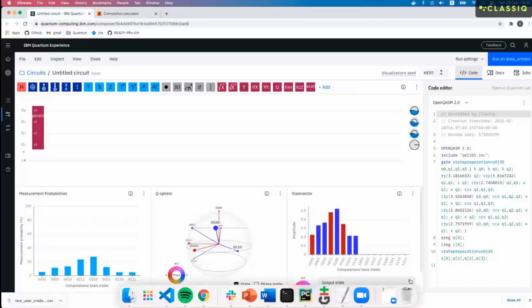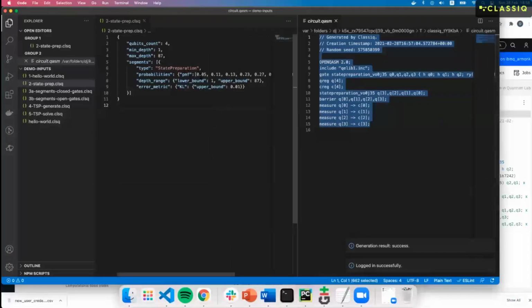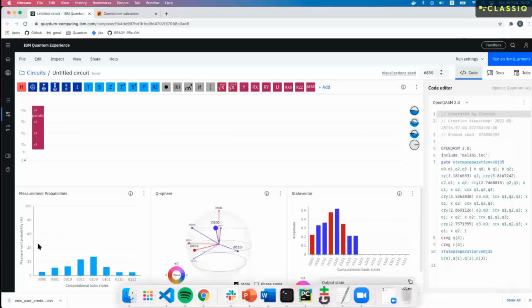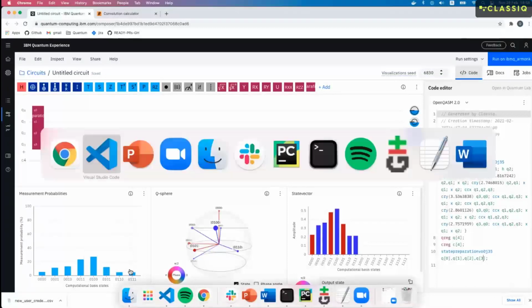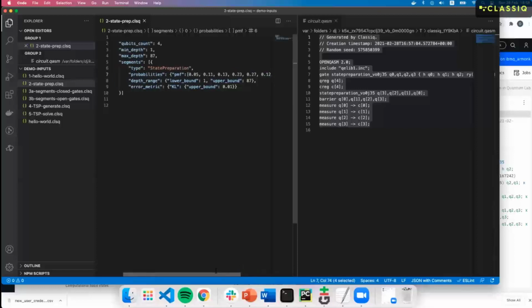And if we take a look at the measurement probabilities, we see that indeed it's 5% and 11 and 13 and 23, just like in the input, where I requested 5 and then 11 and 13 and so on and so forth. However, note that the last 2 entries here are 4.5, 4.5, while I requested different values. So what's important to note here is that this algorithm is approximated, and the user